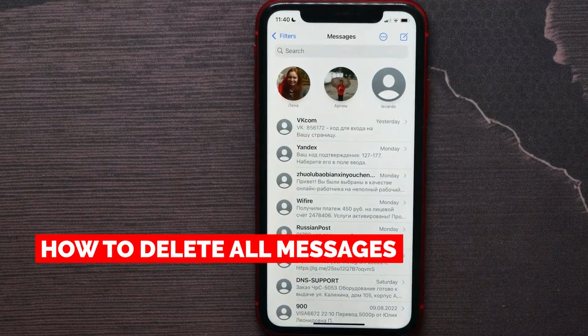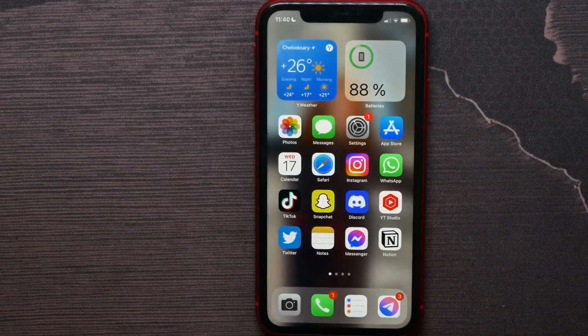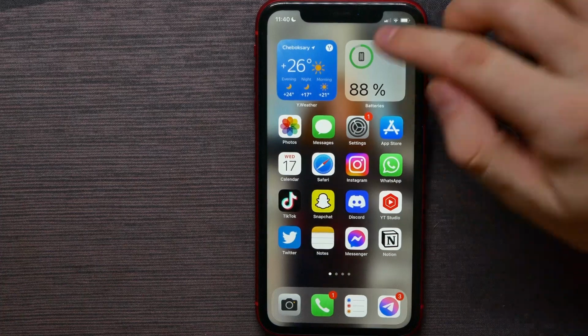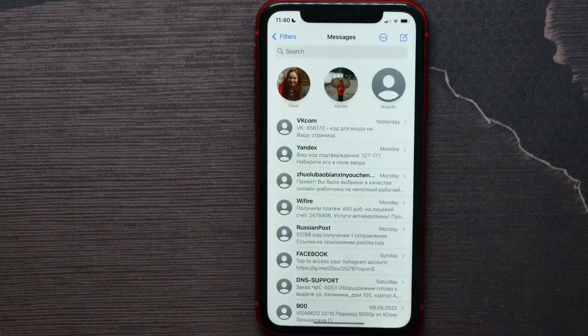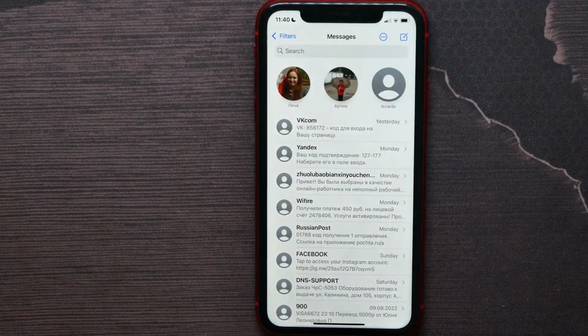In this video I'm going to show you how to delete all messages on your iPhone. That is quite simple and easy to do, so let's begin. And first open up your Messages application, and there first you have to select the messages that you want to